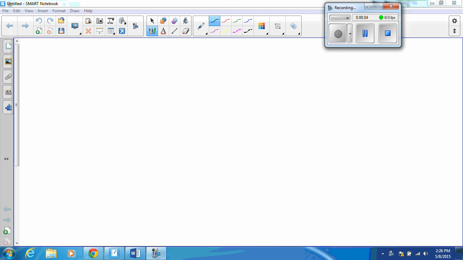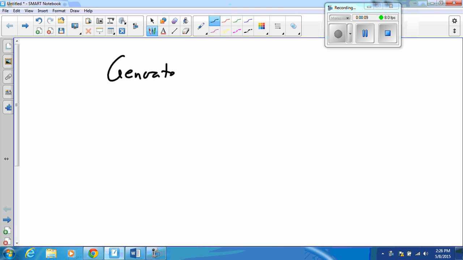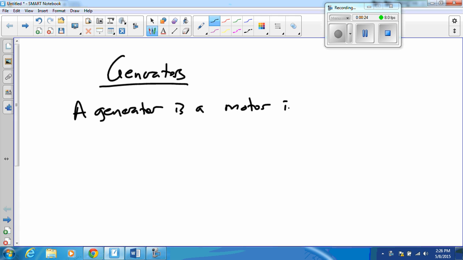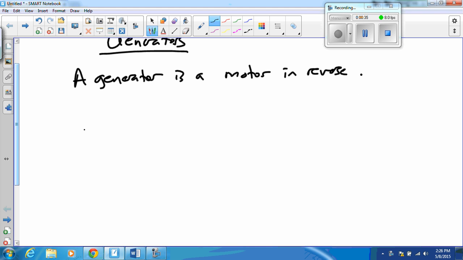All right, so we're going to be talking about generators. And as we just saw, here's the big idea. A generator is a motor in reverse. That's it. A generator is a motor in reverse. And to get to our equation for a generator, what we're going to do